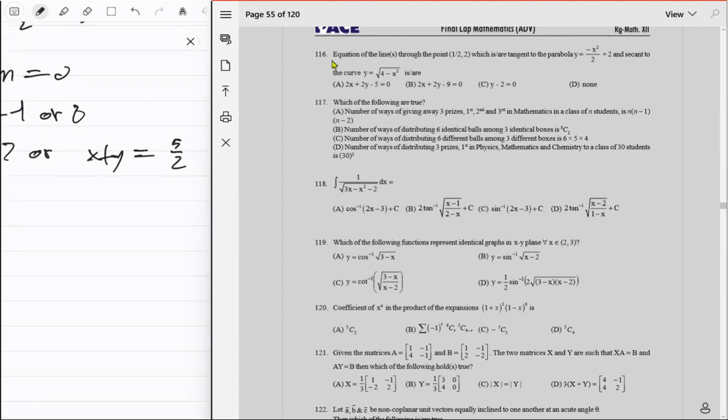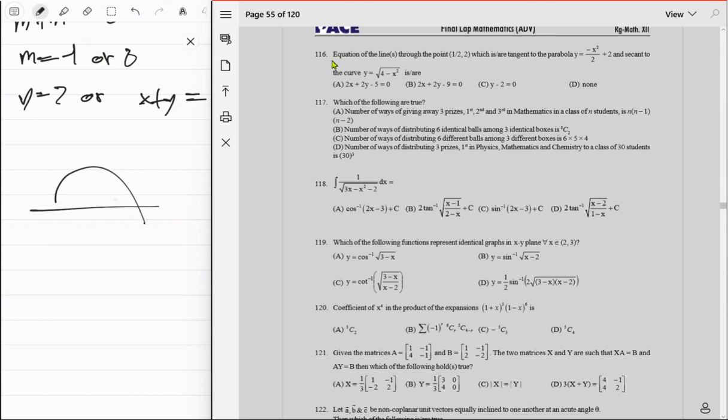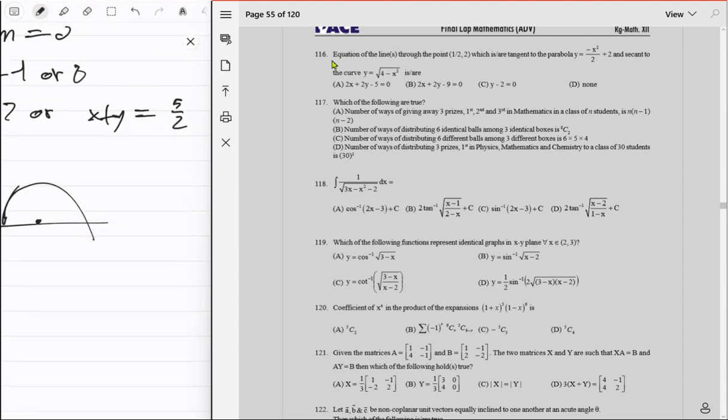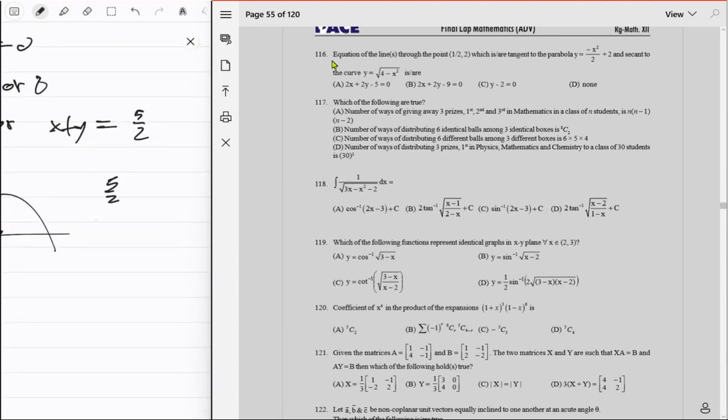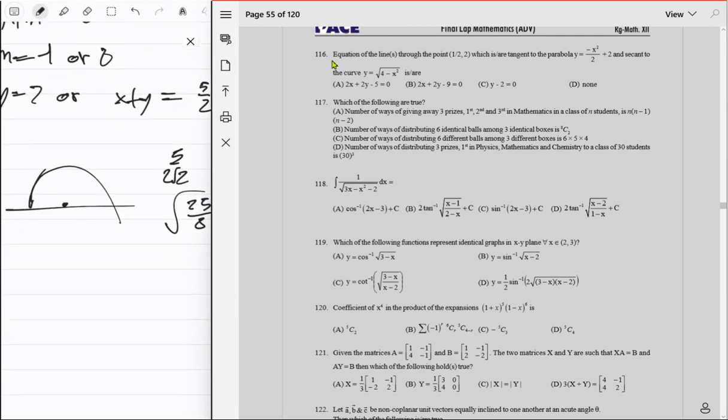So ये अपना curve है. Radius is 4. नहीं, radius is 2 in fact. Radius is 2 and x plus 5, इसका distance क्या है इससे from 0 to 5 upon 2 upon square root of 2, which is square root of 25 upon 8, which is approximately square root of 3 or something और थोड़ा सा बड़ा, so yeah it can never be like 2